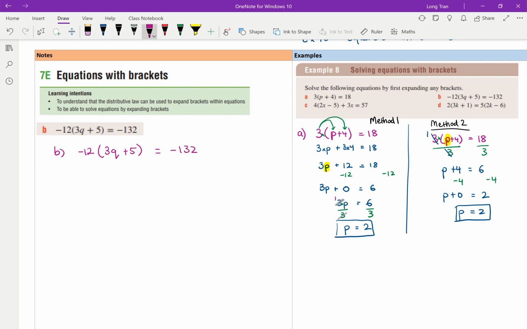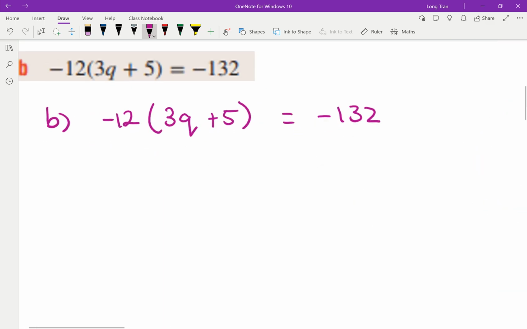Now you can use my method in dividing, or you can use method 1. Now likely, like I said, most of these questions are going to be designed for you to use method 1 and not my method 2. So let's have a look here. This is example 2, B. Okay? Same thing again. If we're using method 1,